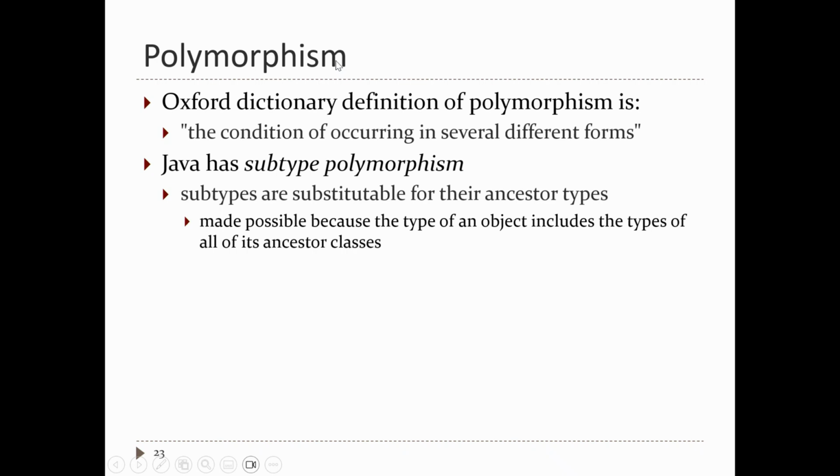So when you read or listen to somebody talk about inheritance, you'll often come across the term polymorphism. The dictionary definition of polymorphism is the condition of occurring in several different forms. What this means in Java is an object has many different types. So Java has what's called subtype polymorphism. Every object has more than one type, except for big O Object itself. Subtypes are substitutable for their ancestor types. So in other words,